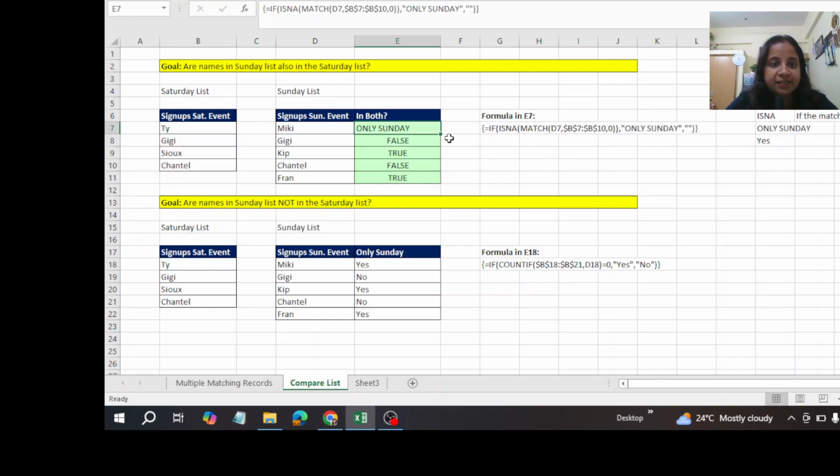Control Shift Enter, and Mickey appears only in Sunday. Gigi is in the list of names in the Sunday list. So these names, Mickey, Kip and Fran, appear only in the Sunday list. The rest, like Gigi and Chantel, appear in the Saturday list. So we will do it here as well with the match function